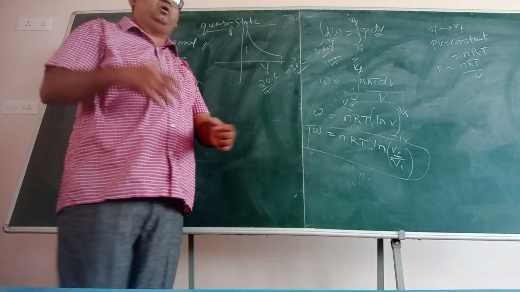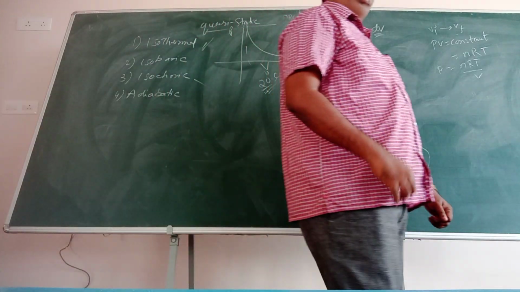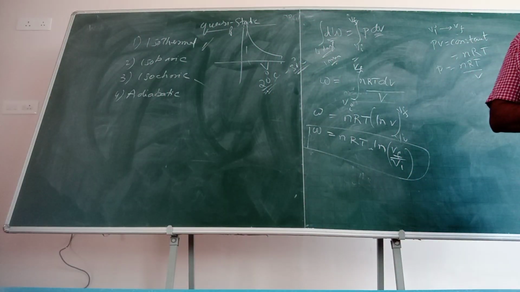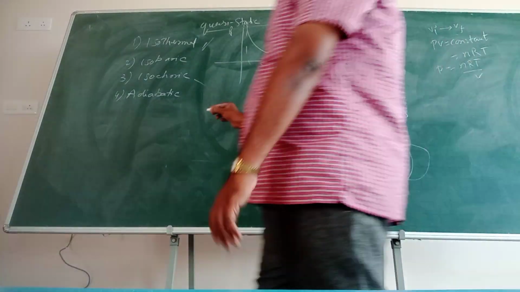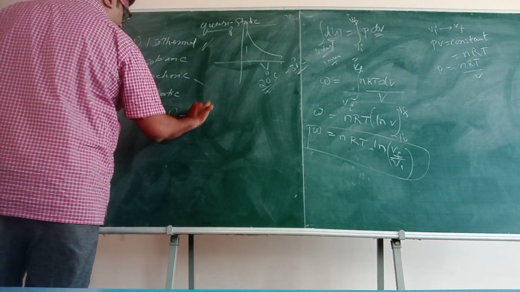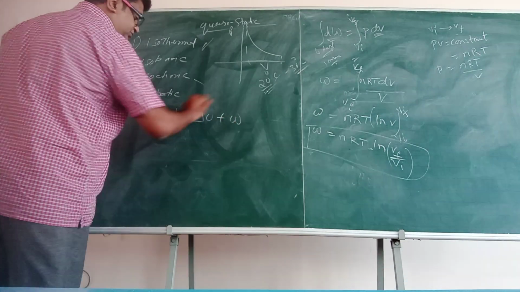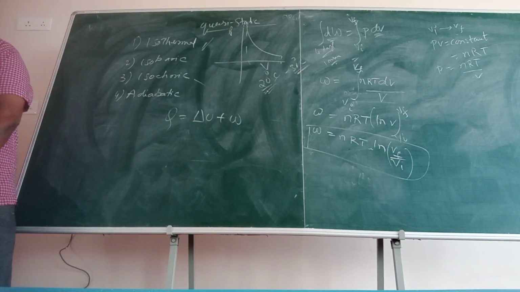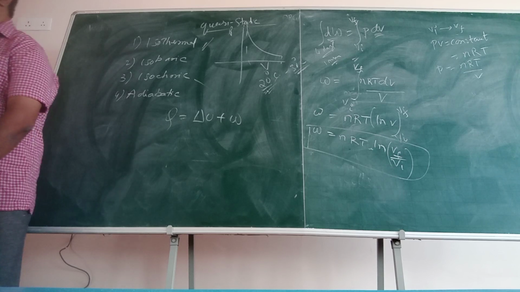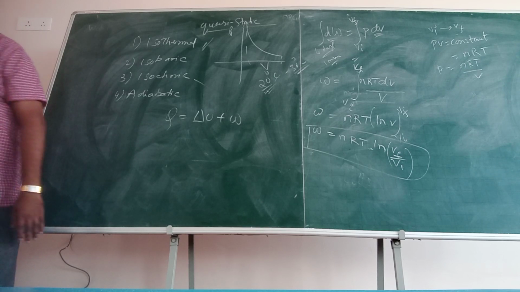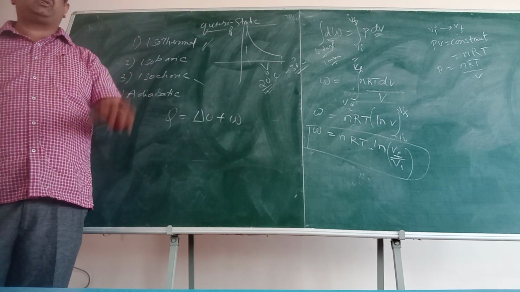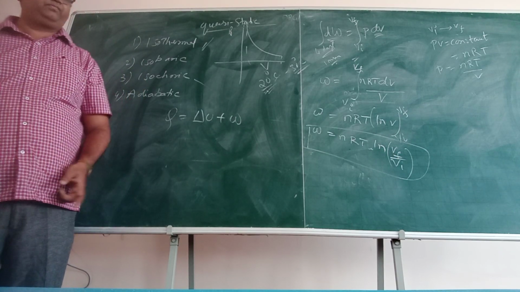Here, because we are talking about heat and all that, we will use the first law. What is the first law of thermodynamics? Q is equal to delta U plus W. This was the equation. This is the first law of thermodynamics, right? I told you in the previous videos also. All these videos are kept in this playlist also. You can go there and watch, suppose in case you get doubt.